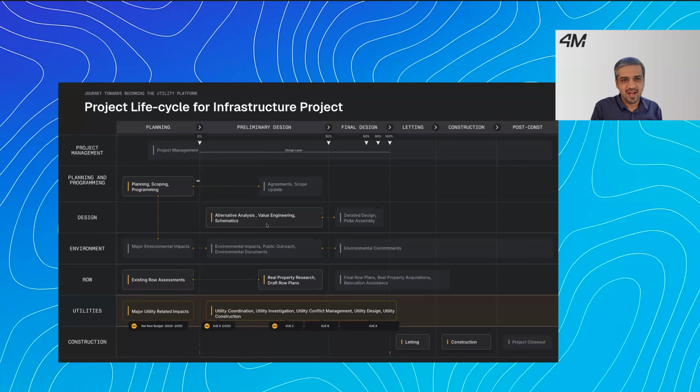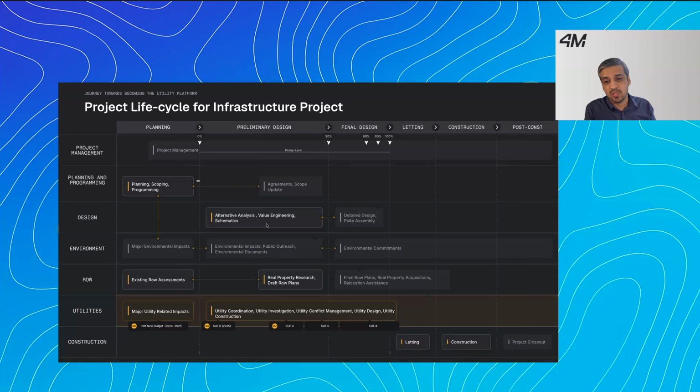So with that being said, I know this is a busy slide and I wanted to start with it, but this is how our industry is. It's not an easy thing to execute an infrastructure project, right? There are many disciplines involved, many groups involved. The project goes through different phases. Starting with the top one, project management, you are planning the project. You want to make sure in that planning phase, all the risks are captured. Many times the risks are related to the unknowns, and on most infrastructure projects, the unknowns are everything that's